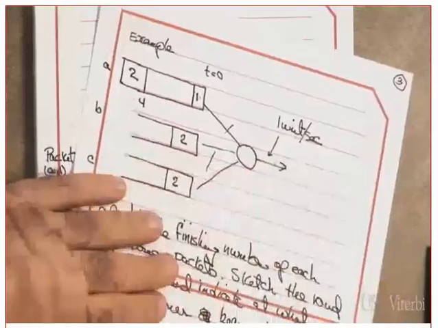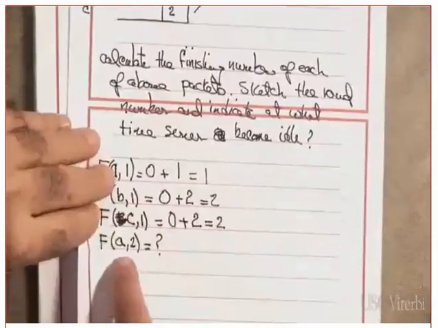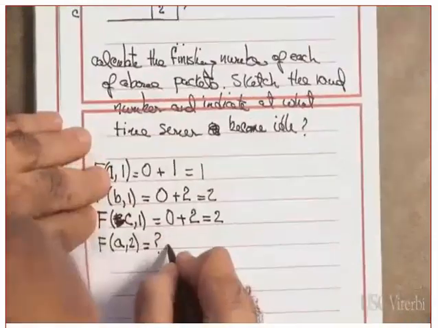Now tell me the packet-by-packet fair queuing. Remember, in packet fair queuing it is packet per packet. We are not talking about what? Infinitesimal. So this is the time axis. Which one will start first? 0. He will choose what? He will choose the one that has the smallest fi. So he will start with what? A1. Done.